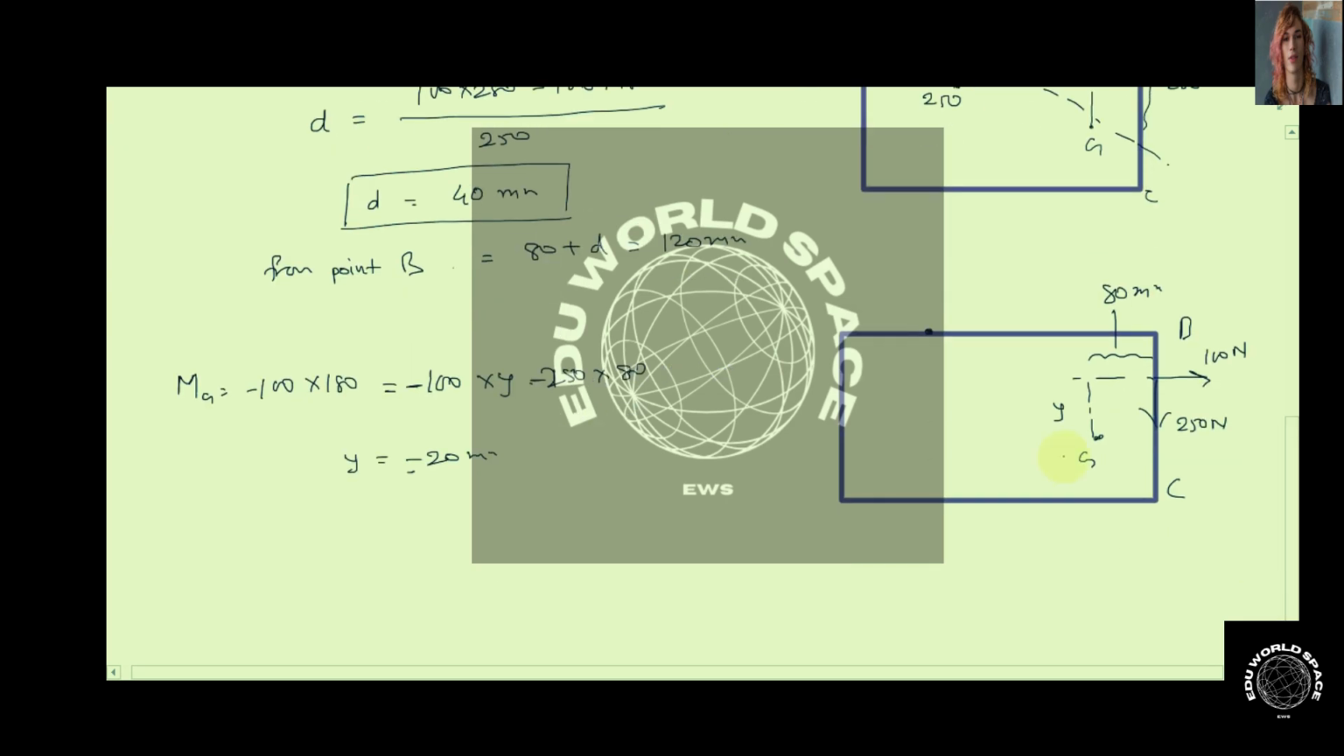This minus sign indicates that, since we had assumed the Y direction above the point G, this point will be below the point G. So the distance from point B will be, since G is already at 280 mm distance and this distance is 20 mm, this point of intersection, let us say this point of intersection was N, so N will be at 20 mm below the point G. So the total distance from point B of point N will be 280 plus 20, that is 300 mm from point